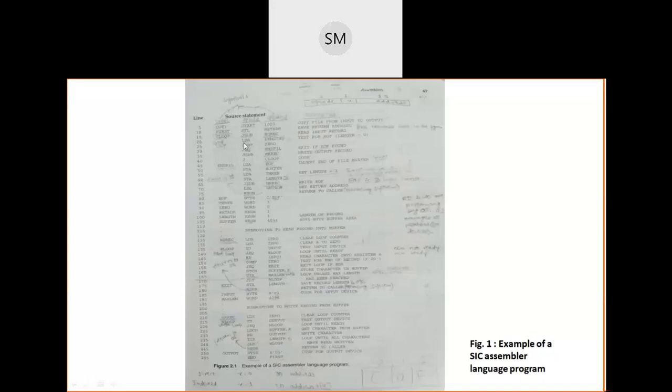Then that next instruction is LDA. What is LDA? The LDA is going to load the value of length into register A. What is the value of length now? 4096. Correct? That 4096 value is stored in register A.